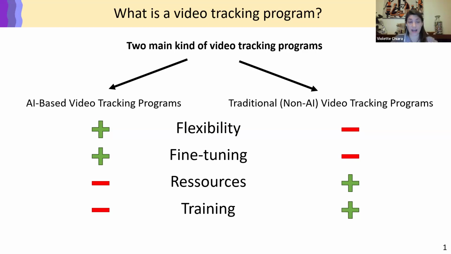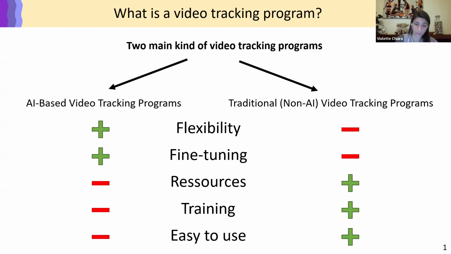Another main limitation of the AI-based model is the fact that you need some training on your data. This can take a lot of time. And sometimes if you just have a few videos in easy conditions, let's say I have a black mouse tracked on a white background, do I really need to spend hours training an artificial intelligence to find where the mouse is when there are much easier and simpler solutions? And finally, the last one is that most of the artificial intelligence-based models, for the moment at least, are quite complex to use in the sense that, for instance, the installation itself is often tricky,